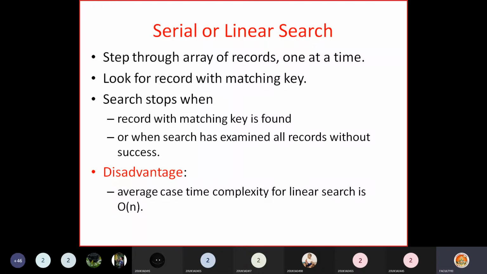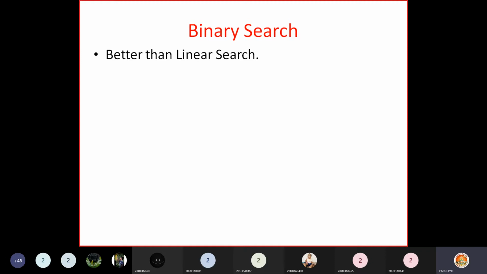So we need to improve this. For that purpose, we use another searching technique, binary search, which is better than a linear search. Today we will look into this technique, binary search, and how it searches for a record with a given key.